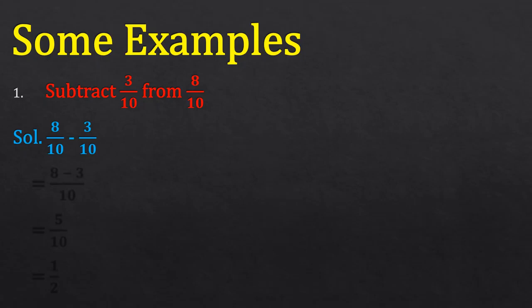Now see, denominators are same in both the fractions, 10. That means they are like fractions. Then when we are subtracting like fractions, our step 1 is find out the difference of the numerators, that is 8 minus 3. And then second step is retain the denominator, that is 10. So 8 minus 3 is 5/10. Convert into simplest form. 5 ones are 5, 5 twos are 10. Then result is 1/2.